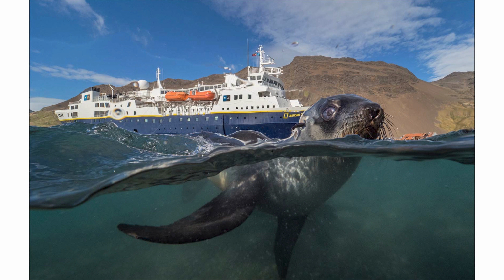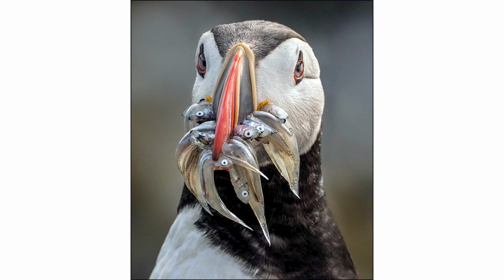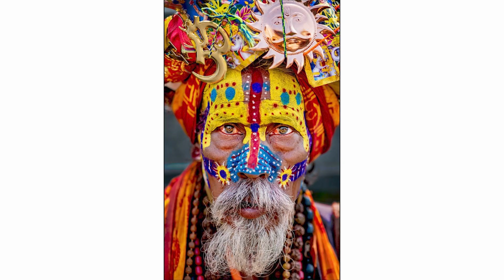In South Georgia, this fur seal pup coming up to the water, I've got an underwater housing doing one of the half in, half outs. You build your photograph. And who can take a bad puffin photo? Pretty impossible to miss with these incredible birds. Here I use an 840 millimeter equivalent lens that really isolated the bird. It put it on one plane of interest, the background just melts out of focus, or use a super fast lens shot at f1.2 that allows that background to melt out of focus, that reinforces the eyes of the sadhu